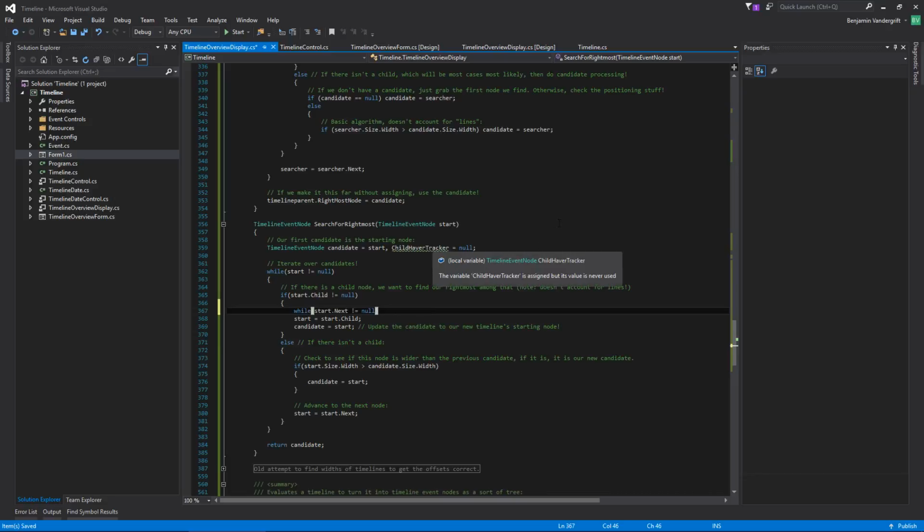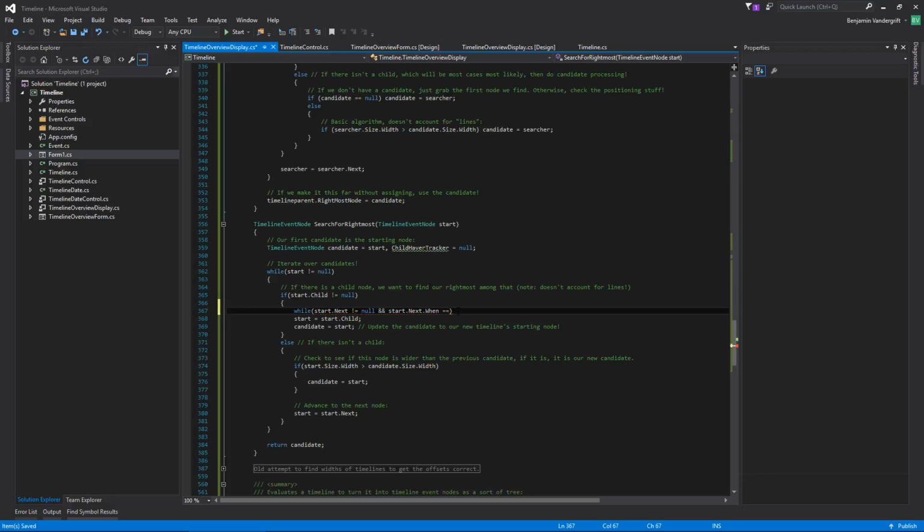I just need to think through this. Unfortunately, because I didn't pre-plan this, it's going to take a little more verbal thought. So while start.next does not equal null and start.next.when is